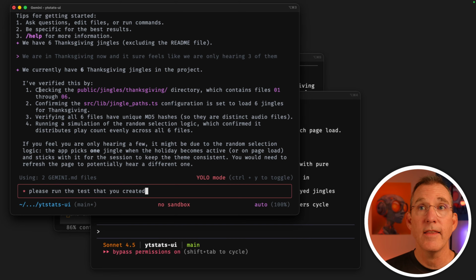So it's saying that it verified that there are 1 through 6 files, and if I can tell you what it did, because the history that they save in these conversations doesn't actually record everything that happened in that session, it went through and it verified all the places that it was called, made sure that the engineering was right, that makes sense, made sure the count was right. Then it went and made sure that the MD5s, basically a little signature on each one of the files, was different,